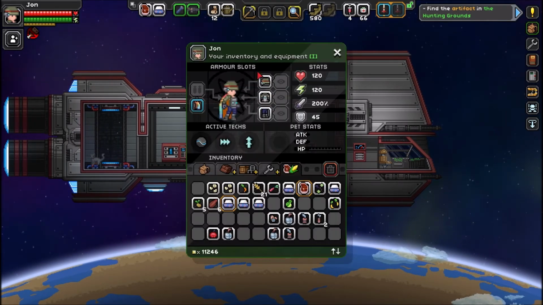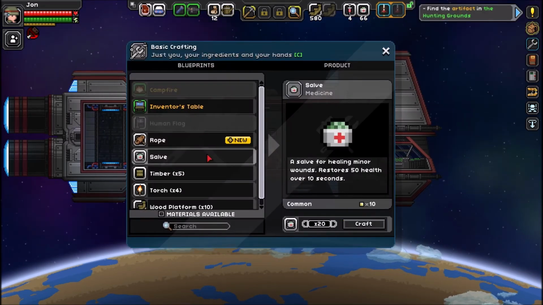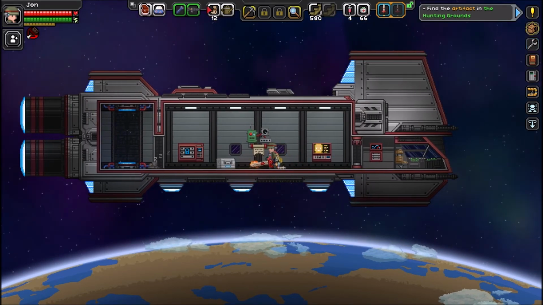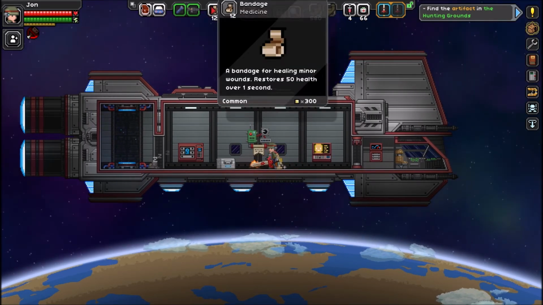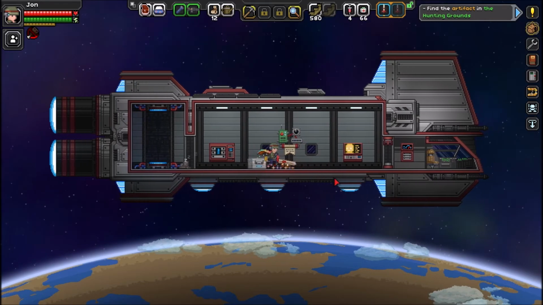But you want to make sure that you have armor, you want to make sure that you have plenty of food, and plenty of these salves. They are super, super easy to make. All you need is 4 plant fiber to make one. And also, if you can get like 5 or 6 bandages, they're good too. And another bonus is a red stim pack. All you need for red stim packs is a...